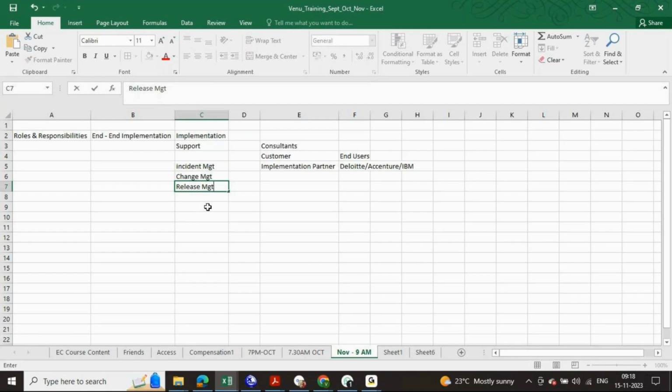Before the release functionalities get updated in the system, we should understand what those release features are, and then configure them in the system or explain to the customer the change, what we have or what is available after this release. So first you understand the new release functionalities, and then you explain it to the customer saying that